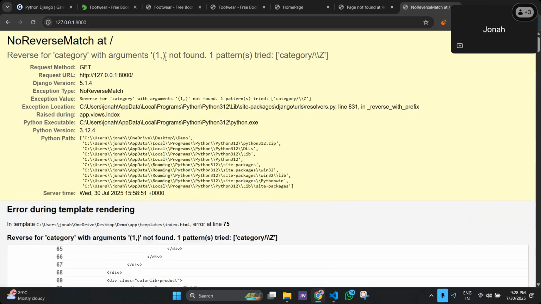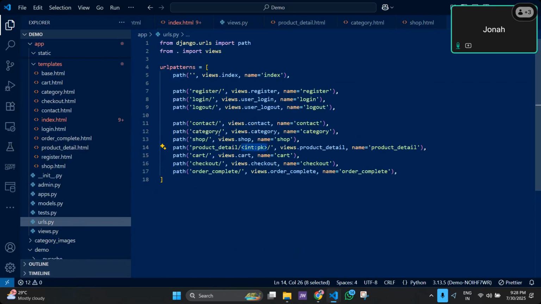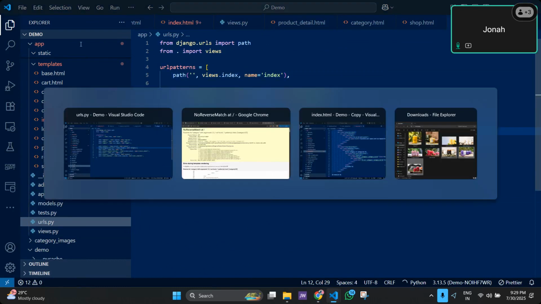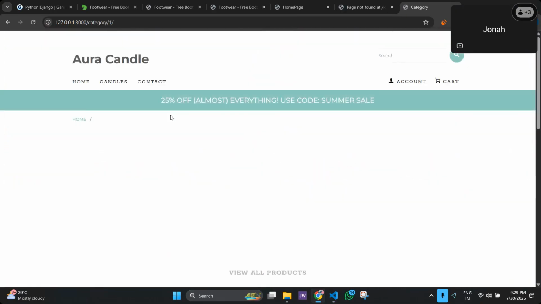So what is showing category one arguments found? Oh, we didn't do the URLs. URLs category. Int B.K. Does that fix it? Yep. So